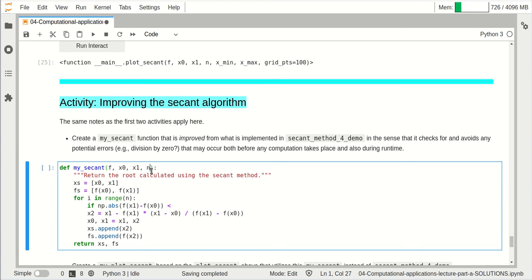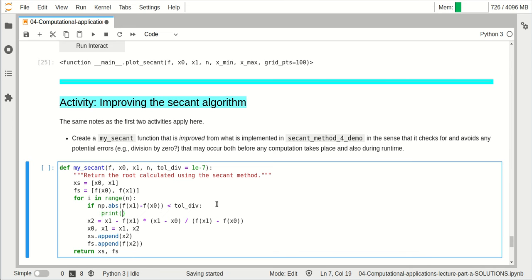So let's, in fact, improve this. I would do it this way. There are other ways you can do this, but I'm going to show you a more advanced way to think about it. Let's say the tolerance, this is just a tolerance for division, let's make that equal to 1e to the negative 7. So as soon as f of x1 and f of x0 are within 10 to the negative 7th of each other, that's a good place to say, I'm getting close to dividing by zero, and we just want to stop. So if that's the case, we want to just print,